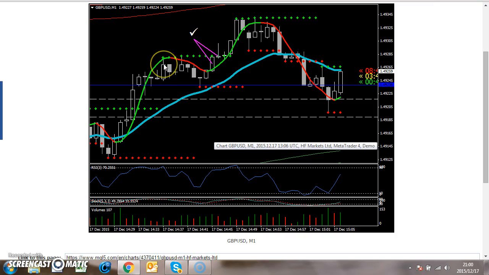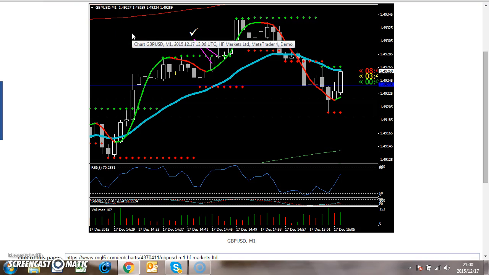Now, there's a bear bar, bull bar, and there's a bear bar. Now, we're looking here for a high 1 and a high 2. Now, what is a high 2? It means we expect that the bear price will go down. So, there's a bear bar, so I'm looking for a bull bar which is higher. We don't find one there. There's another bar. This bull bar is higher than this bar as well as that bar. So we have now a high 1, but we're looking for a high 2.